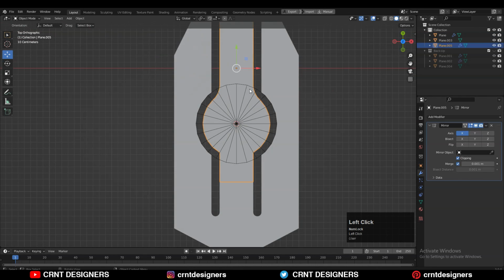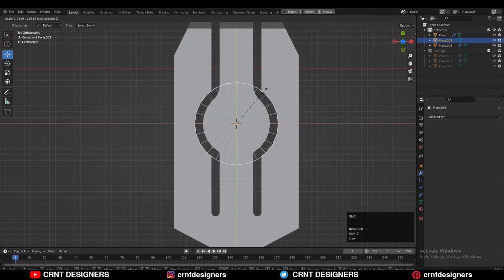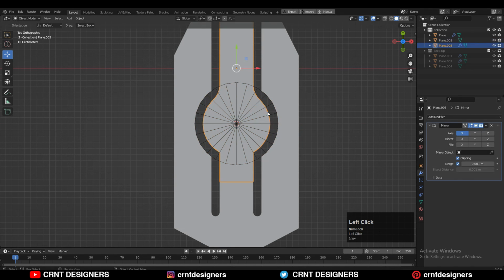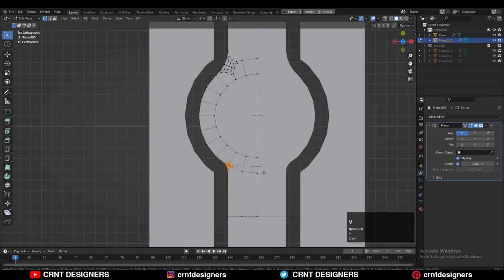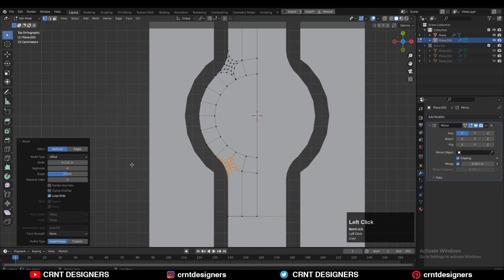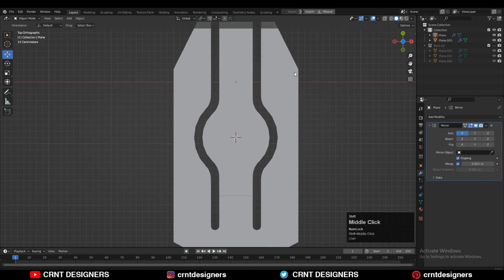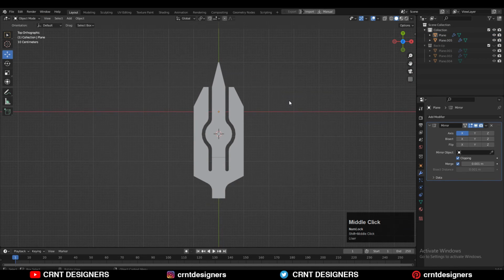Here I just want to get that proper bevel and it should match that inner bevel. Then apply that Boolean modifier, delete this cylindrical part and then you need to select these verts and then Ctrl B, add bevel on the verts. And just try to match the proper bevel there. And now you can see we are getting the decent bevel and we have got this kind of 2D structure